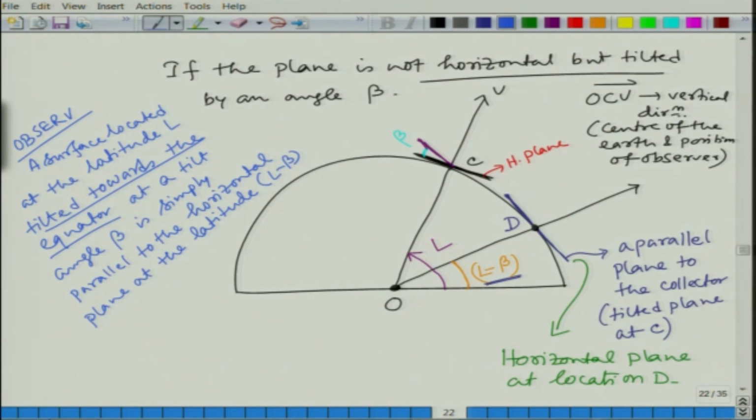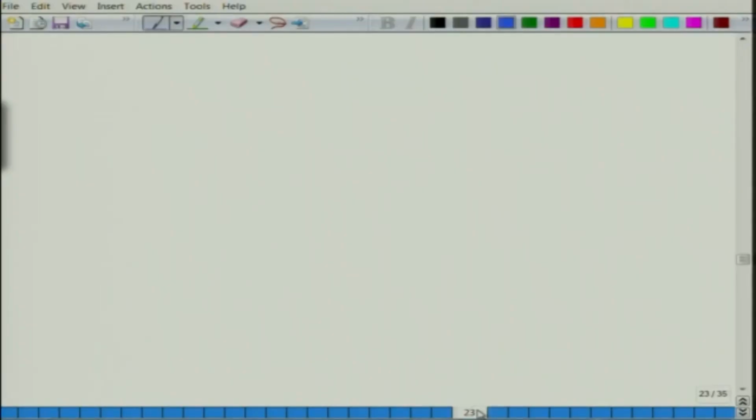True. So, that is a very significant observation which will make our life much easier when we talk about the tilted plane. So, for tilted plane, what we can write,